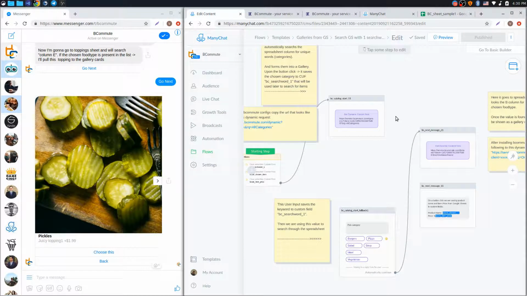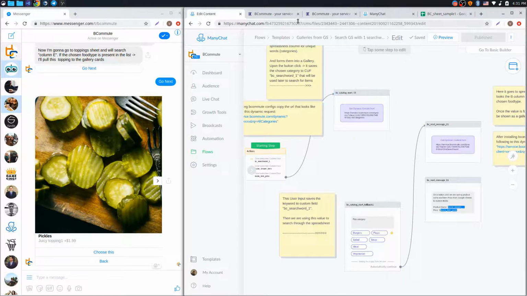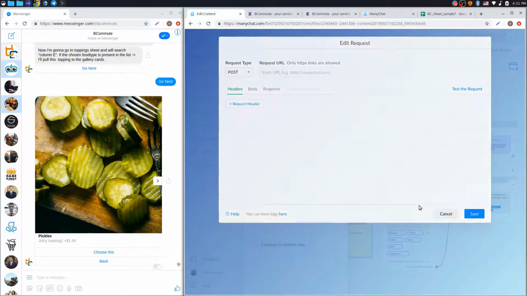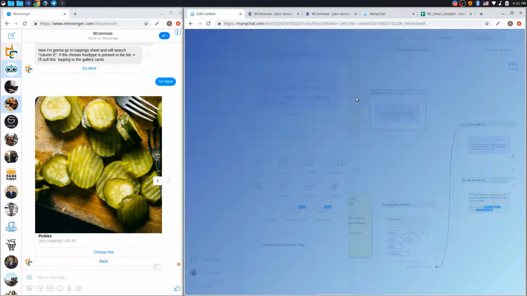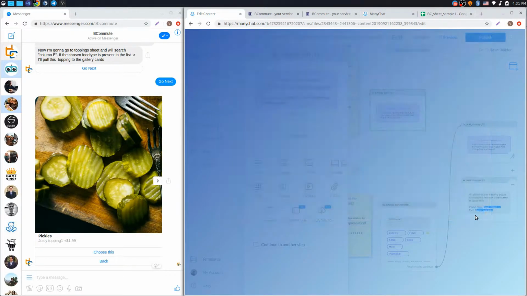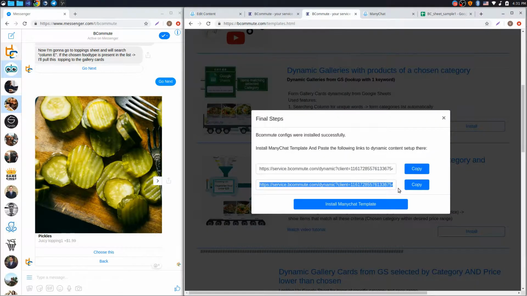The flow is called search Google Sheets with one search word. It looks like this, extremely simple. So just to make it work, you just have to direct link. All the tips you can find right here, how it should look. You have to copy this link since each of these URLs is unique for each user. So let's copy this one